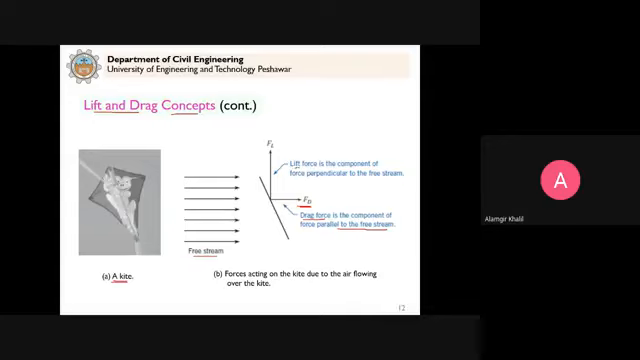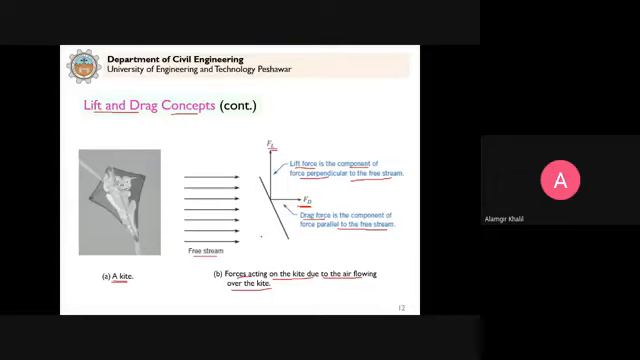And the lift force is that component of force perpendicular to the free stream. So you can see here that the lift force, which is denoted by F with a subscript L, is the force which is acting on a body perpendicular to the free stream. Clear? So these forces are acting on the kite due to air flowing over the kite. So remember, now these are the two principal forces which are acting on bodies when they are moving through the